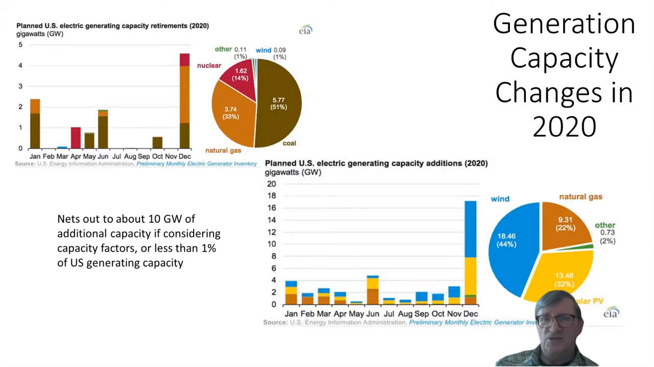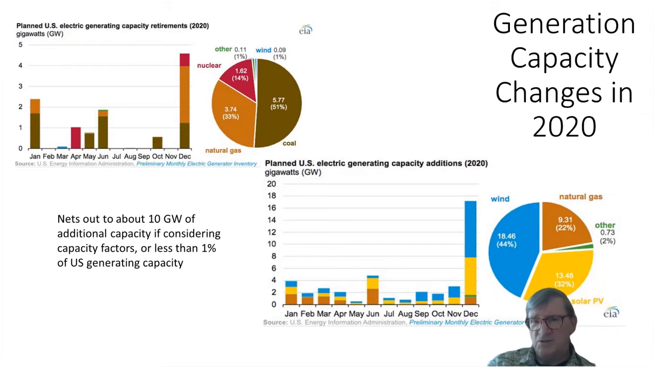And then this is just showing how generating capacity comes and goes. The upper one shows generators that are taken out of service. By far the largest is for removing coal plants. Anyhow,